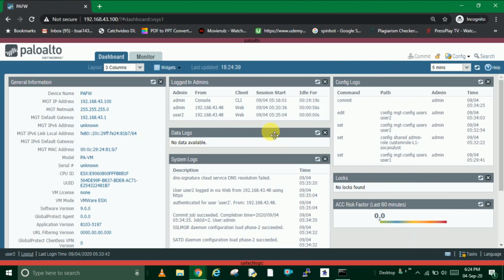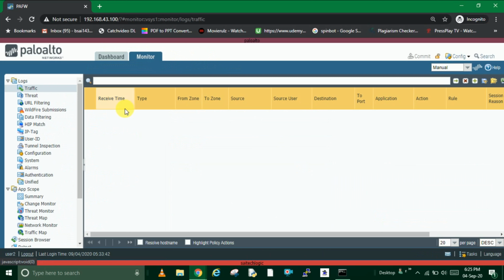So here you can see the dashboard as well as the monitor tab. Since I gave the role assignment to the user particularly for the logs, I mean the monitor, you can see only the monitor tab here. Go into the monitor. You can see only the monitor. You are not able to see the objects, policies, device, network and all.